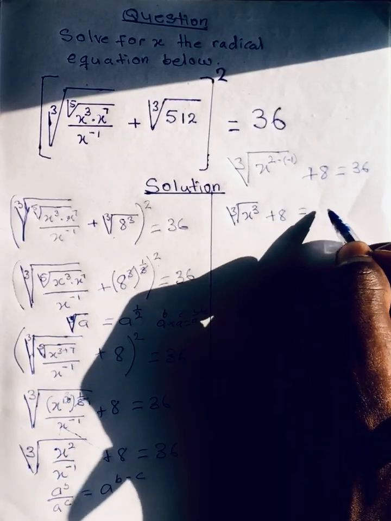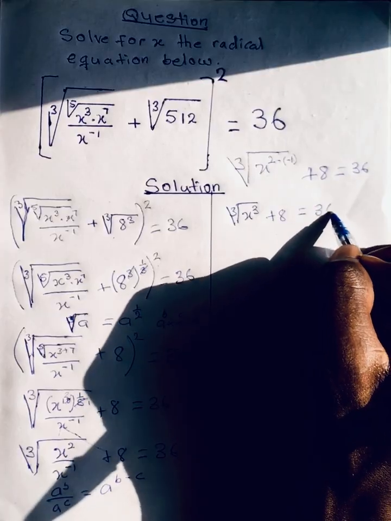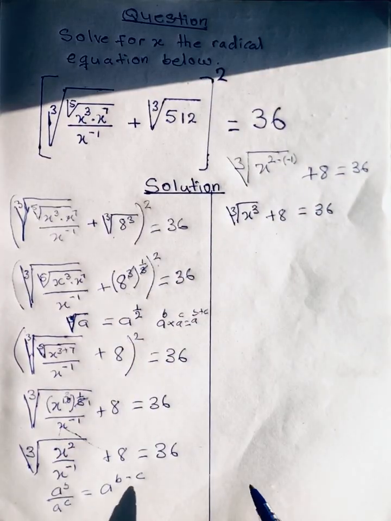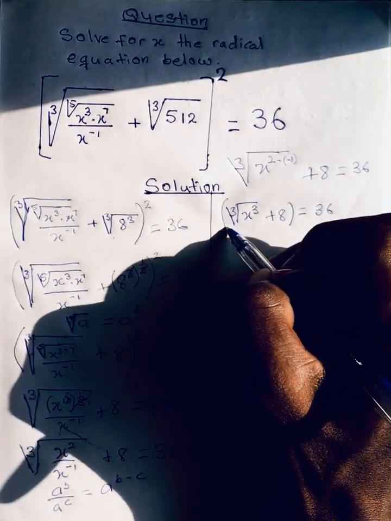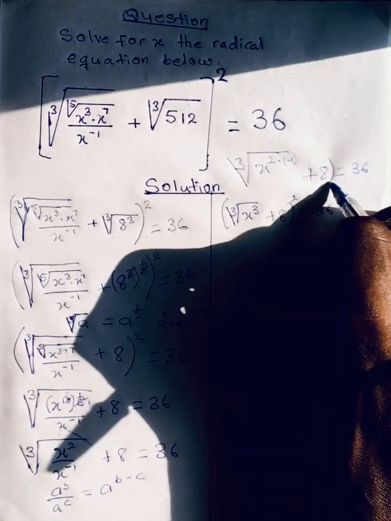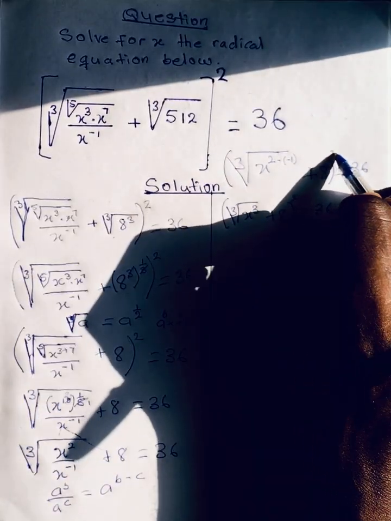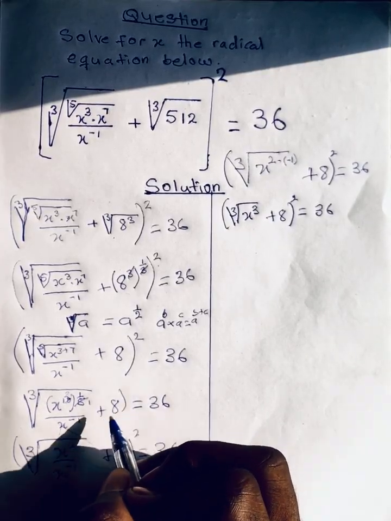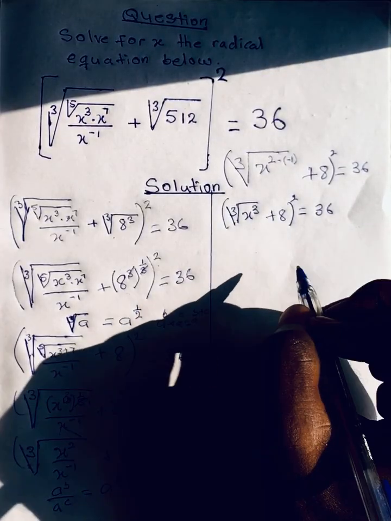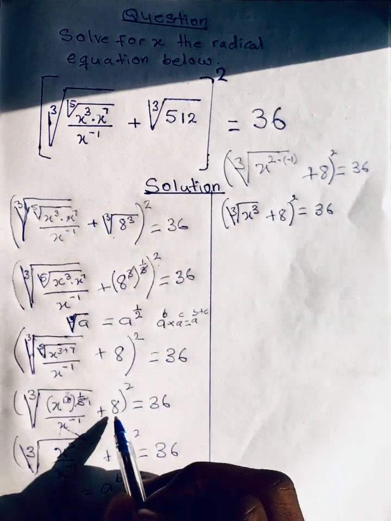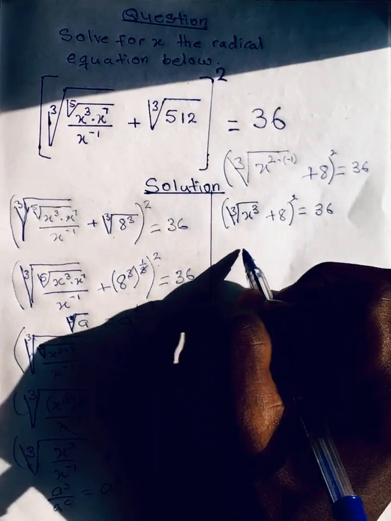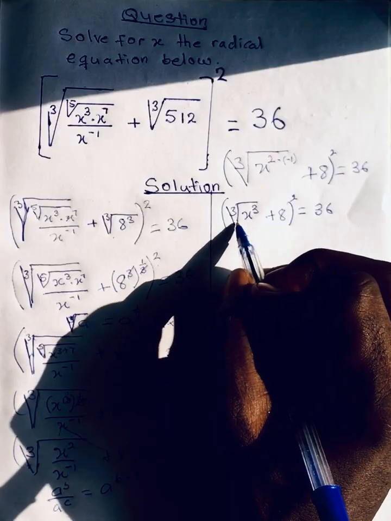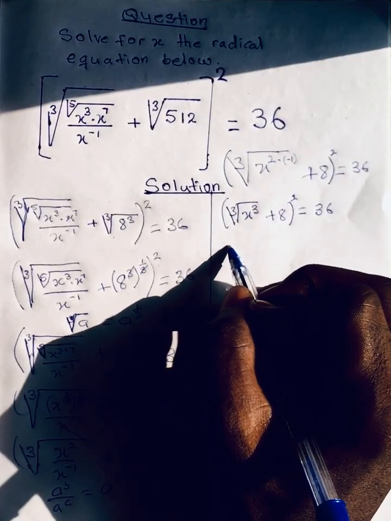This will give us 36. Please do not forget that they are all raised to the power of 2. They are all raised to the power of 2. So here 2 to the power of 2, here 2 to the power of 2. So when we apply the rule here again, it will be x. Let's simplify this aspect. So it will be cube